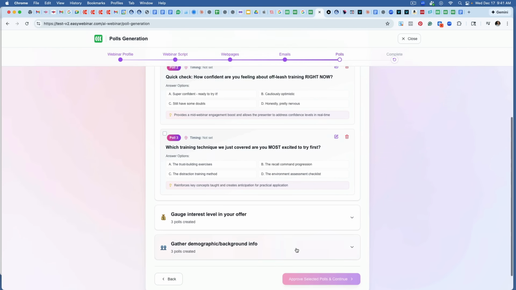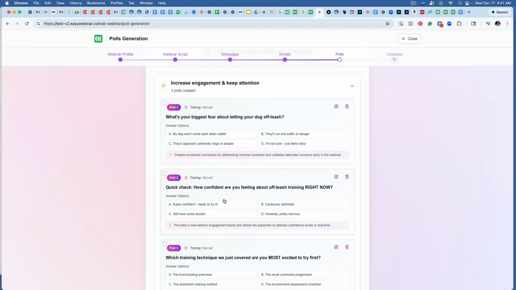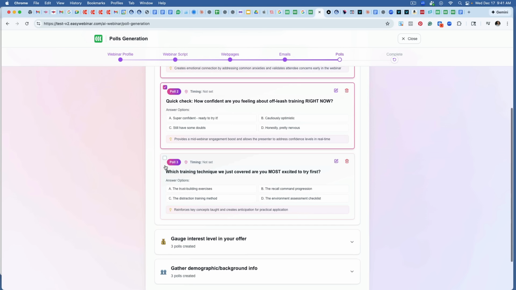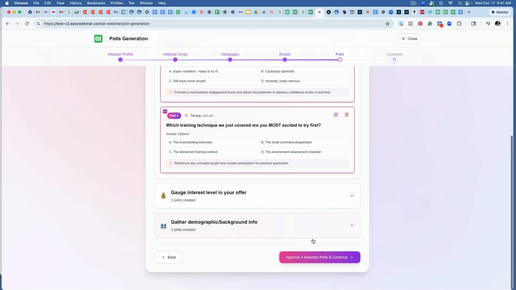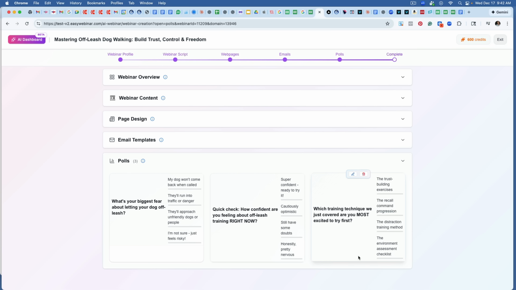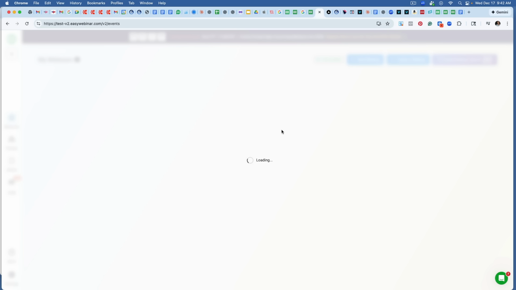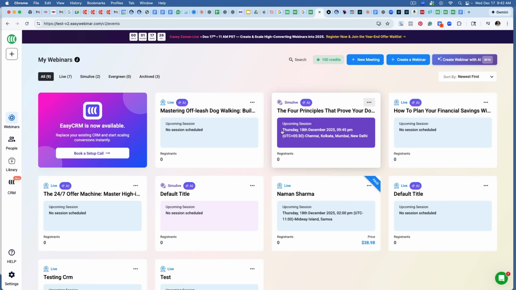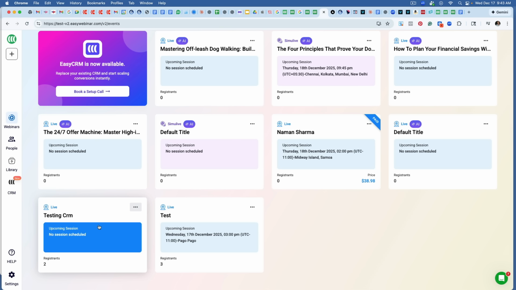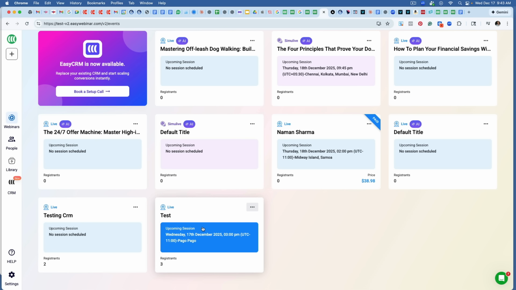All right, here are the polls. And I'm going to say, yeah, I'll go with these. The timings are, of course, not set yet. You know, if this is an automated webinar, you can set polls to come at certain times. Now that that's done, we have our entire webinar right here. Now that is using our AI builder, but again, we have an entire